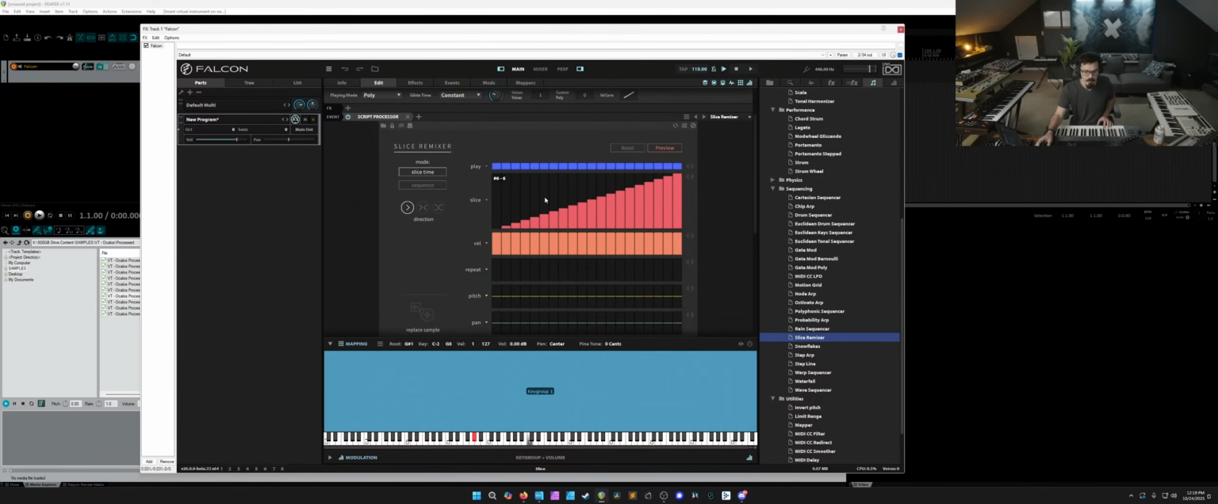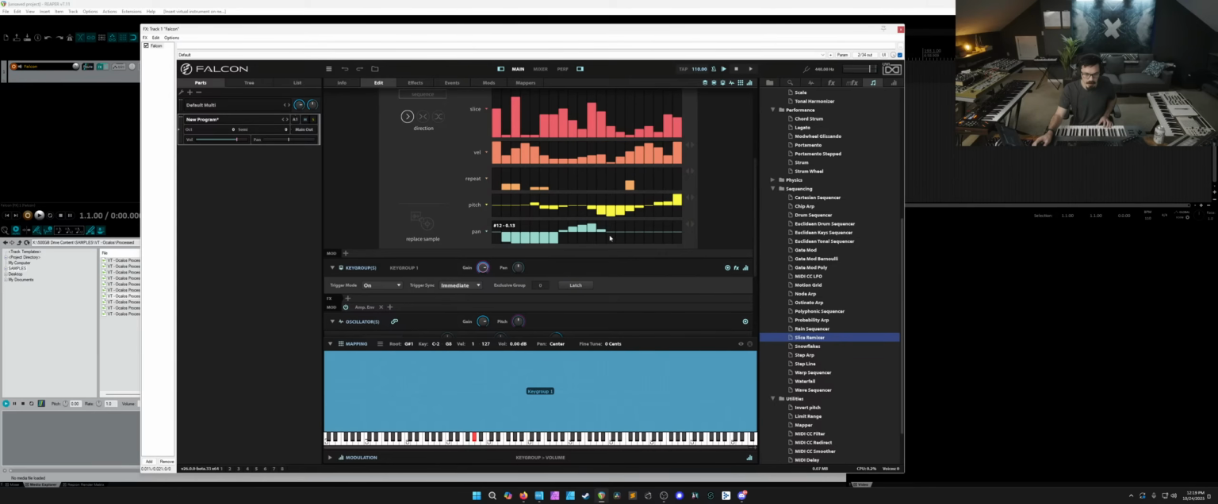Now, we can start messing with which slice happens. We can mess with their velocity. We could add some repeats and stuff. We could play with the pitch and the panning. And now,